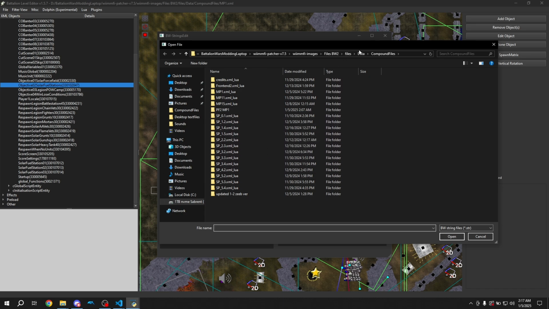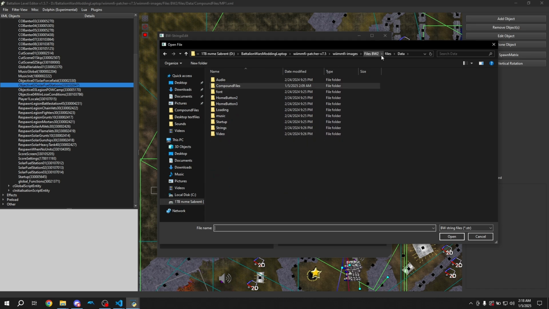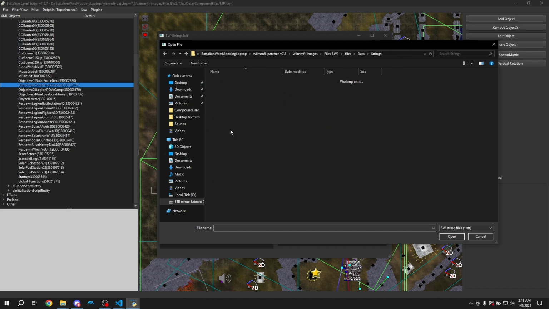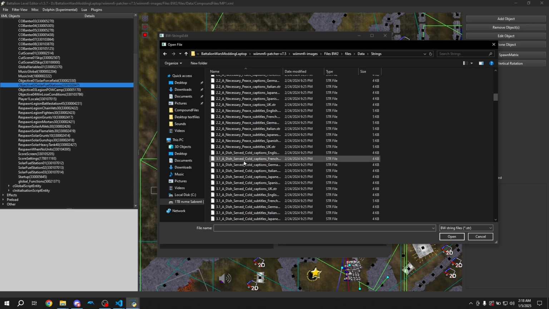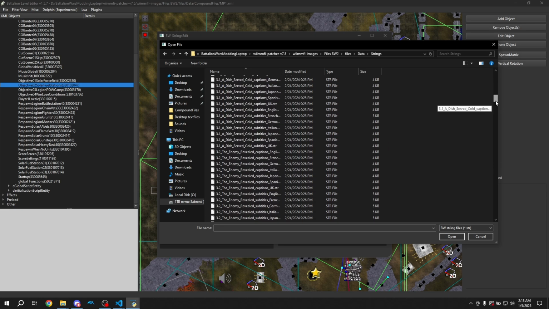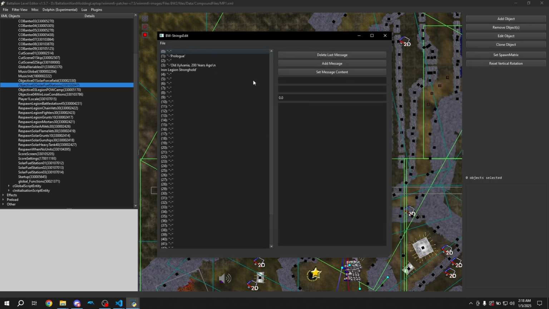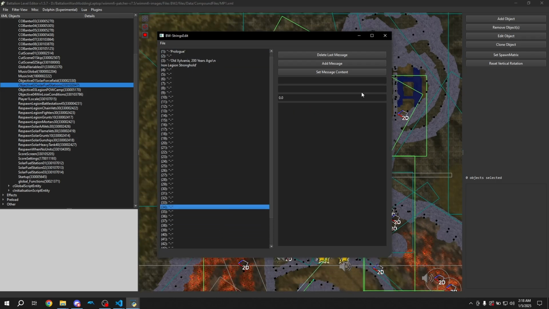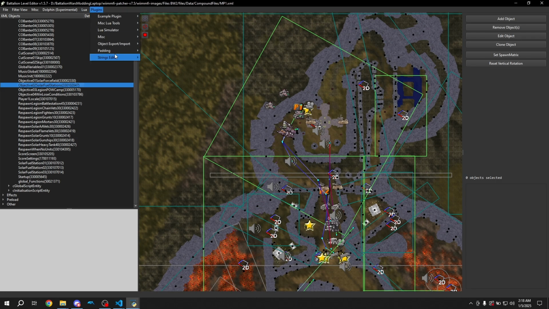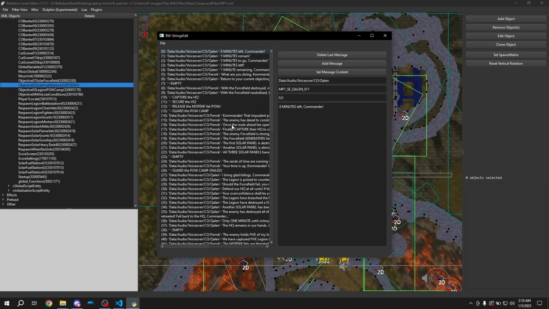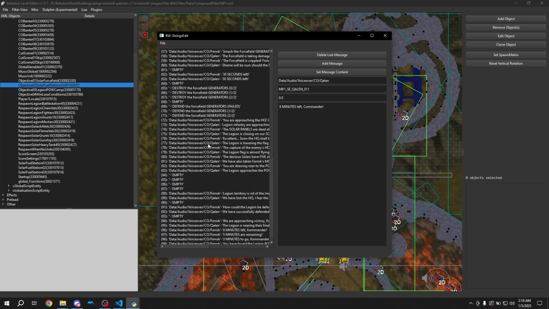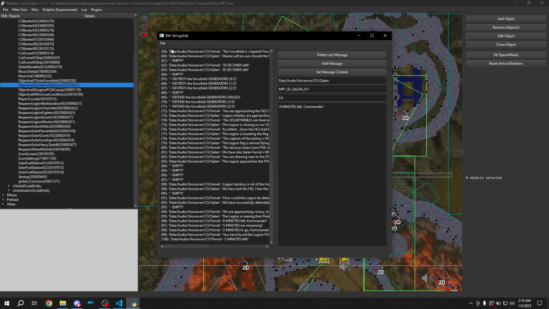So you will need to go to data, then strings right here, and you click on the one you need specifically. So I just go here, you can see it's the prologue. You can also just go to the strings editor and click here, and it will take you directly to this mission's strings without you having to go to the file specifically. You will need to save it,